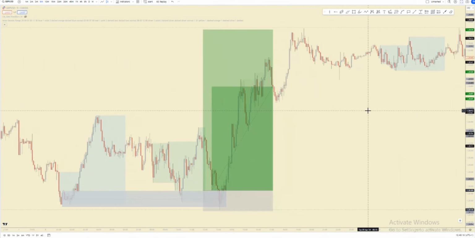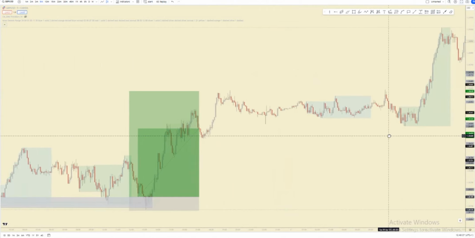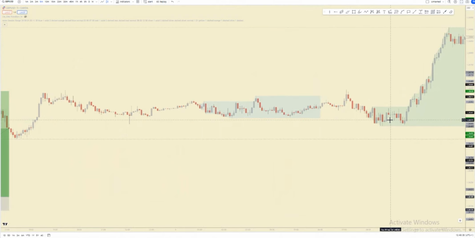What is Asia doing? Consolidating. Now, this failed in the sense that Asia took the high first and then came and took the low. So we are now going to sell right here after Asia took the high, but then it respected the low instead. So this is not our fault, it's just price being priced. It failed.